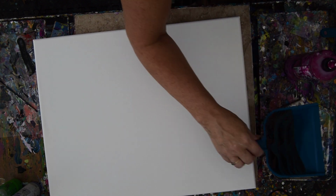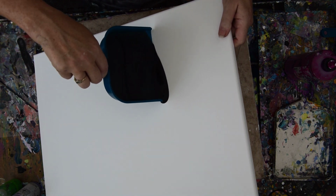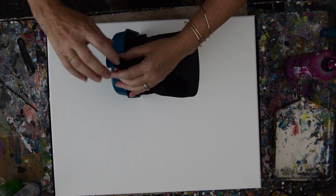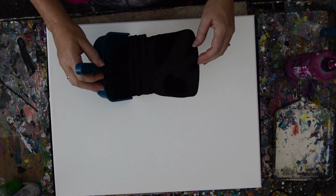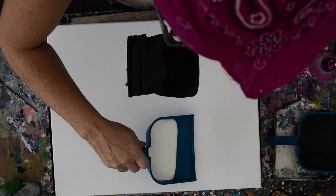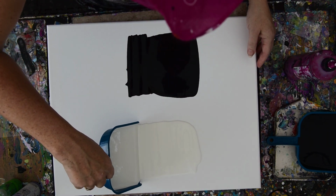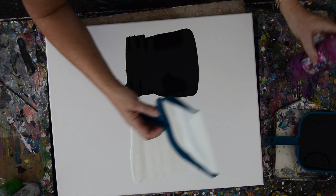I'm going to make an attempt to give myself a whole bunch of paint right in the center of this canvas, and hoping that it's the same amount of paint on the top as the bottom, because that was part of my plan. I probably should have tried to find a way to dump them both at the same time. I don't think I've ever gotten the same amount of paint at the top and the bottom at the same time, so that's sort of...